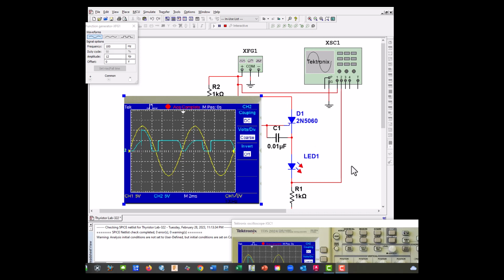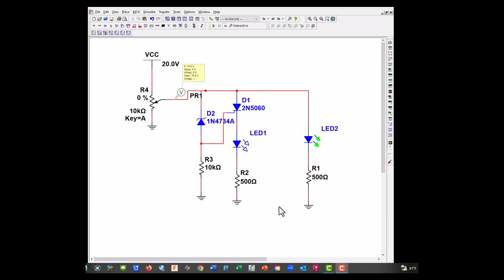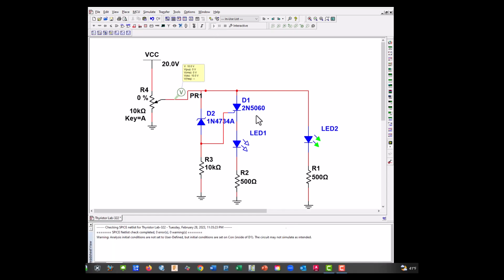Let's go ahead and skip part 4, since a motor takes too much power for our Multisim and doesn't work properly. So let's test our circuit. First thing I did is I reduced these to 500 ohms in order to make our LEDs more realistic. And I've increased the voltage here to 20 volts to make sure that we have enough to fire our crowbar